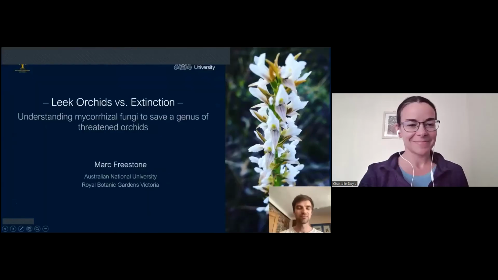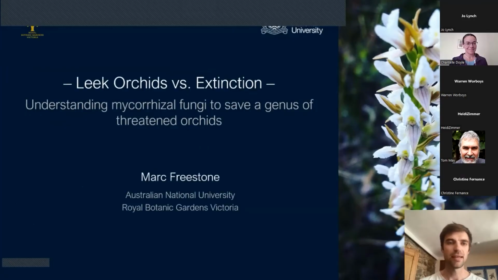Good afternoon, everyone. My name is Mark Freestone, and I'm currently doing a bit of contract work for the federal government, trying to get a few more plant species listed on the EPBC Act. But I'll be talking this afternoon about my PhD project, which finished a little while ago now, but was looking at these wonderful orchids called leek orchids and trying to stop them going extinct. I was based most of the time at the Royal Botanic Gardens Victoria with Mushka Ryder, and also part of the time up at ANU with Celeste Lind, and Nigel Swartz at UTAS was also a supervisor.